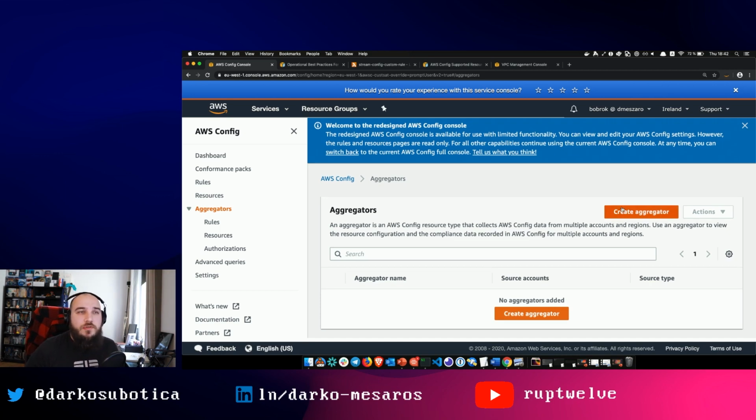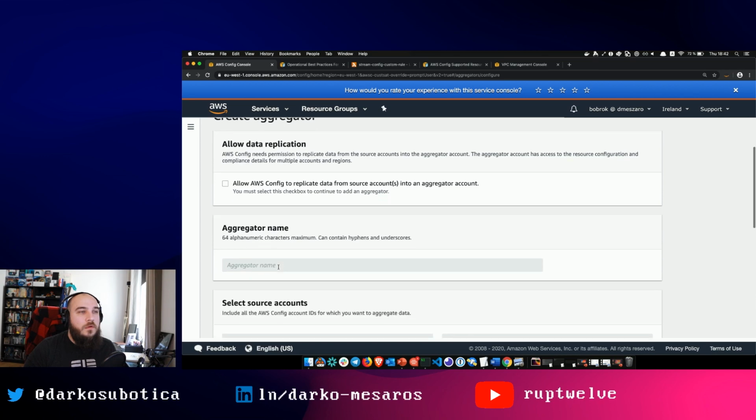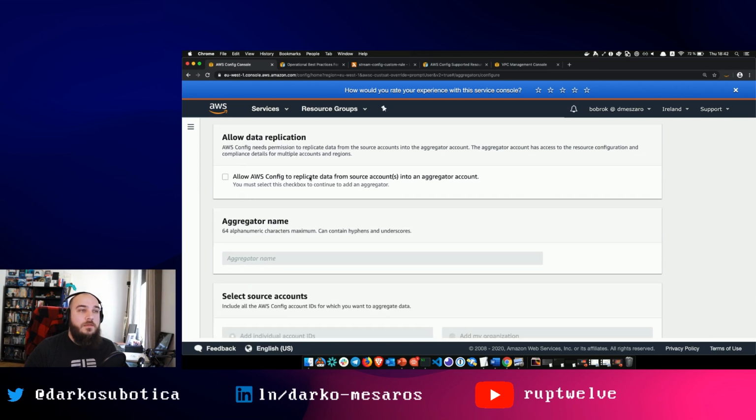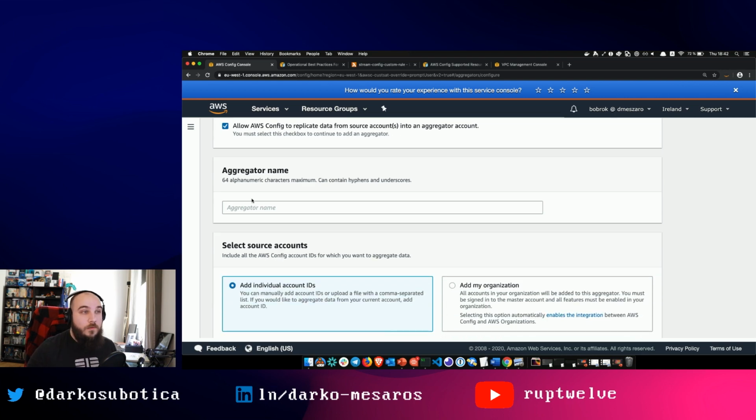So let's actually try to do this. If we create an aggregator, it will allow AWS Config to replicate data from source accounts into an aggregator account. So basically allowing Config to copy the data from different accounts into an aggregator account. It will copy all the Config data from different accounts into this one, right? So if I call this stream,